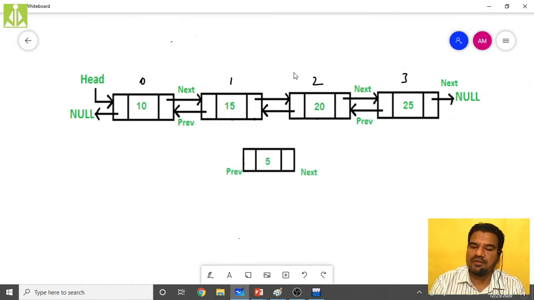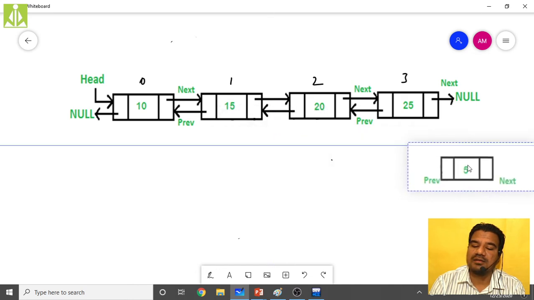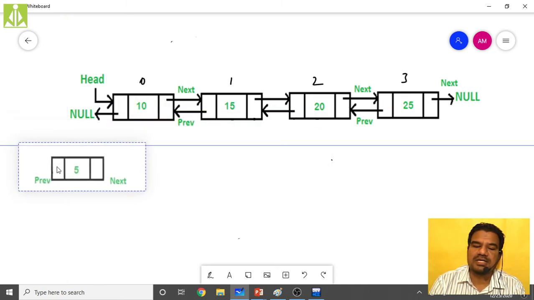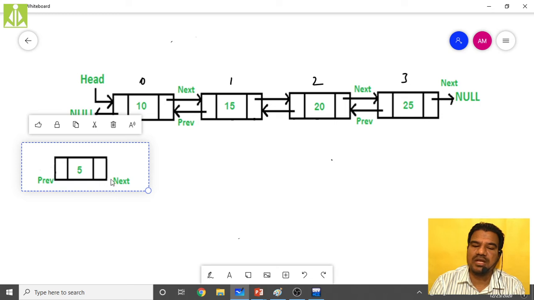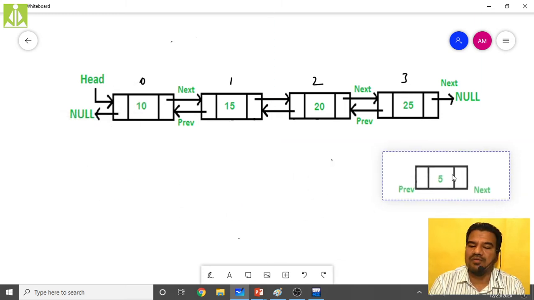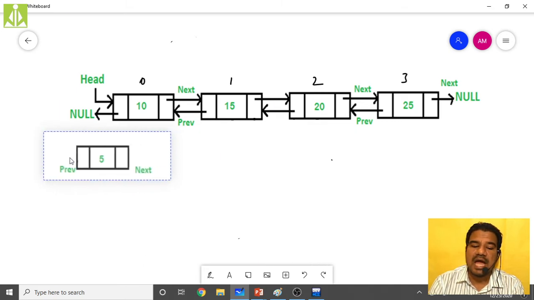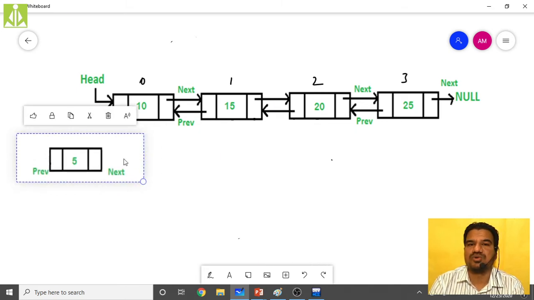In that case, I have to make a gap over here. I have to shift this thing and shift this thing and put this thing, and make the arrangements properly. I have to make the links properly. And the last possibility, I can add this node as the last node in my doubly linked list. So in today's session, we will discuss how we can add this newly created node as the first node and how we can add the newly created node as the last node. These two only we will discuss, and the rest of the two we will discuss in tomorrow's class.